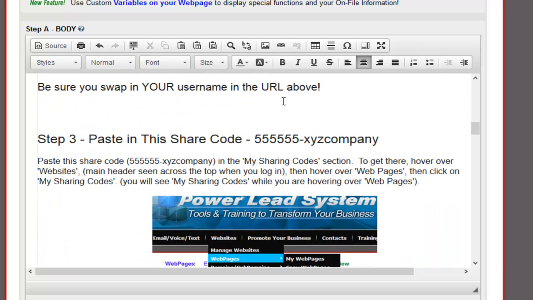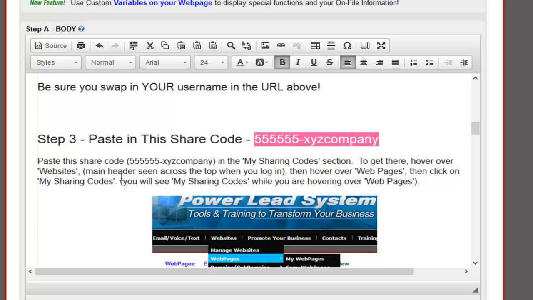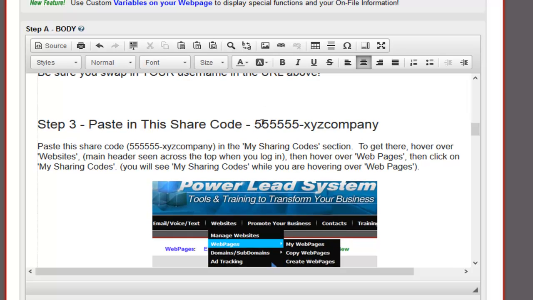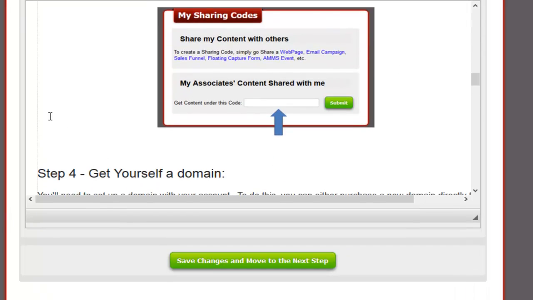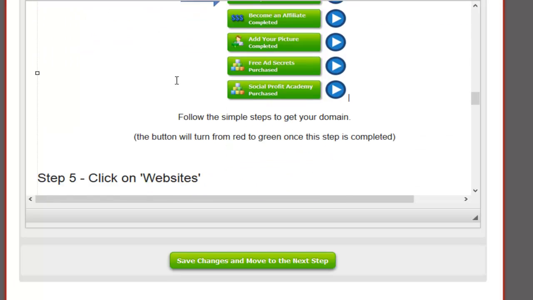And here is where you're going to go ahead and give them the share code that you're going to be creating for this page. Now, if you don't know it at the time you're here, that's okay. Just save this when you're done and come back to it and enter it when you are ready. And you'll notice that there is at least 3 places here that you're going to be entering in your share code. So that's very important that you get those. And then as you're reading through,